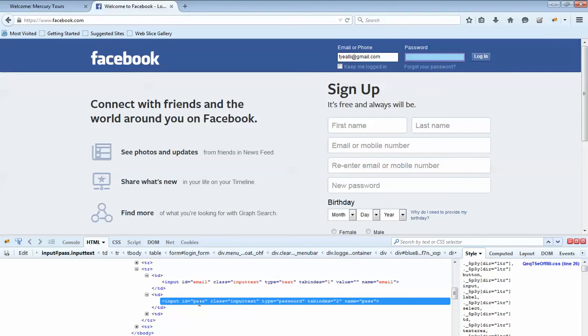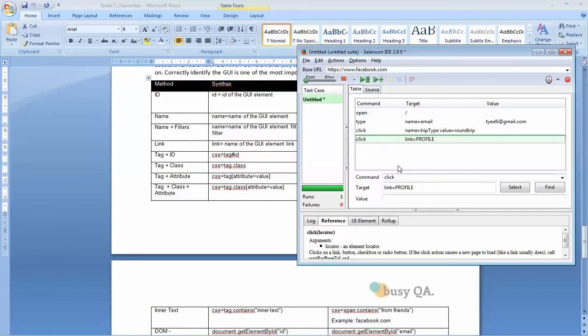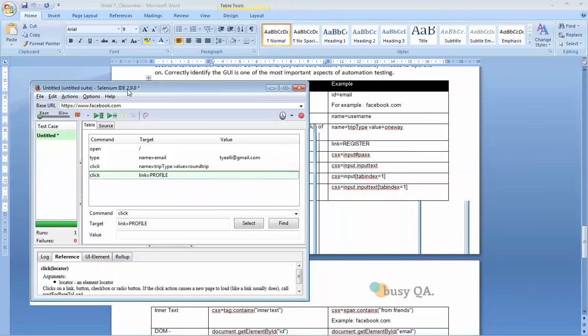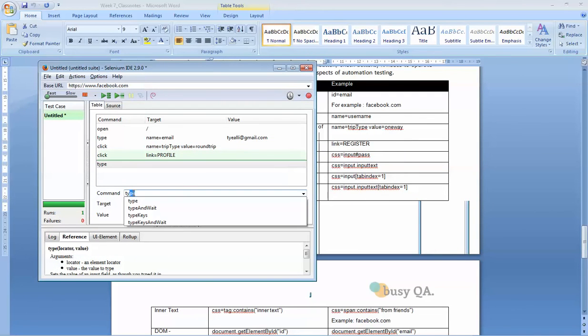And yes, you can just use the ID right away, but sometimes that might not work. So you might want to use your CSS tag. And what you do is this: you go into your Selenium and type in CSS equals. Create a new command, and the command is type. Okay, so I want to type a password into my Facebook, and the target is now CSS equals